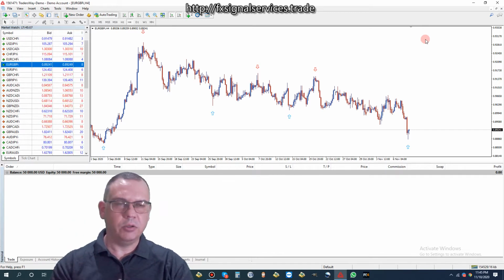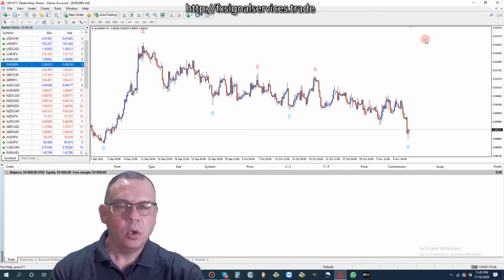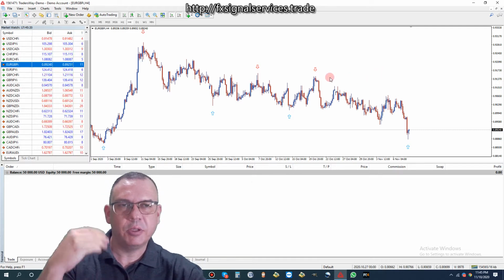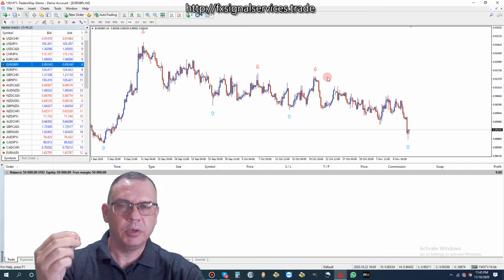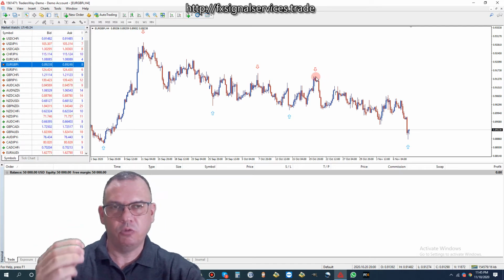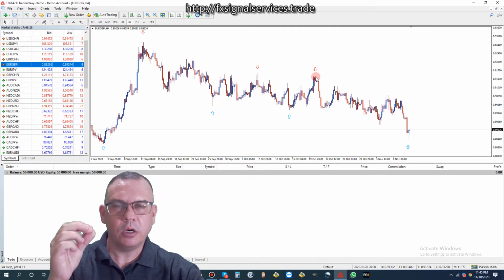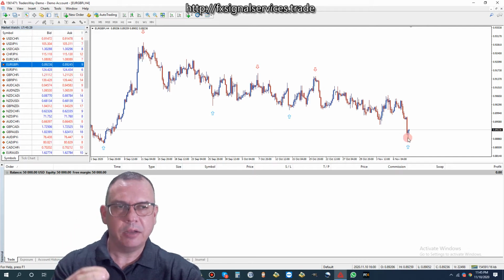So in this particular instance here, I've selected Euro GBP for this example because I have a fresh signal on the 4-hour chart to buy, okay? So like I just said, we're going to draw a Fibonacci from the previous indicator, the previous arrow, which happens to be a red arrow. So we're going to draw the Fibonacci from here down to the bottom of the wick of this candle here